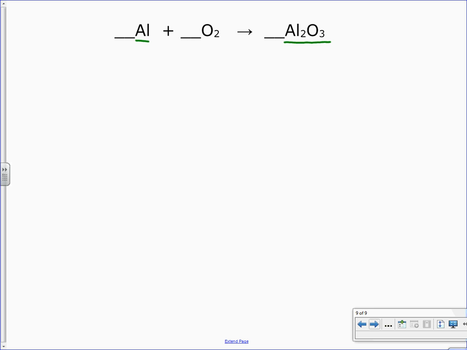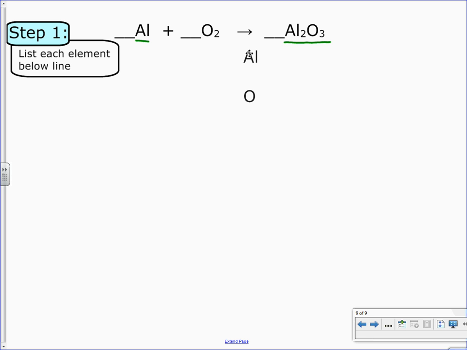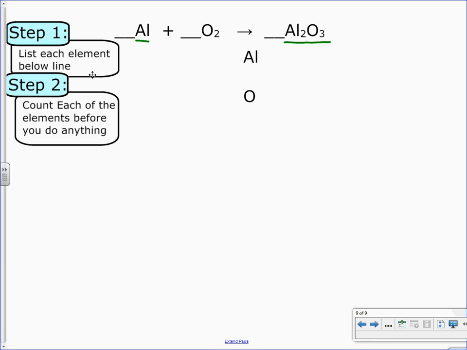So if that's something that stresses you out because you're having trouble with those kinds of distinctions from the last unit, don't worry. It doesn't matter now. We really don't care if it's a nonmetal or a metal. We don't care if it's an ionic substance or a molecule. So remember, your first step here would be step 1. You're going to list each element below the line. We have the aluminum, we have the oxide, and then step 2, you're going to count each of the elements